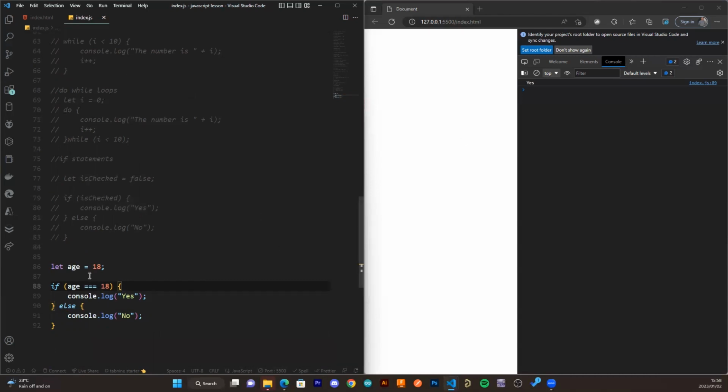If not, in order to write the not statement here, we can put an exclamation mark: is not equal to 18. So if the age is not equal to 18, we can press Ctrl S. So you can see that I'm saying age is not equal to 18. If it is not equal to 18,